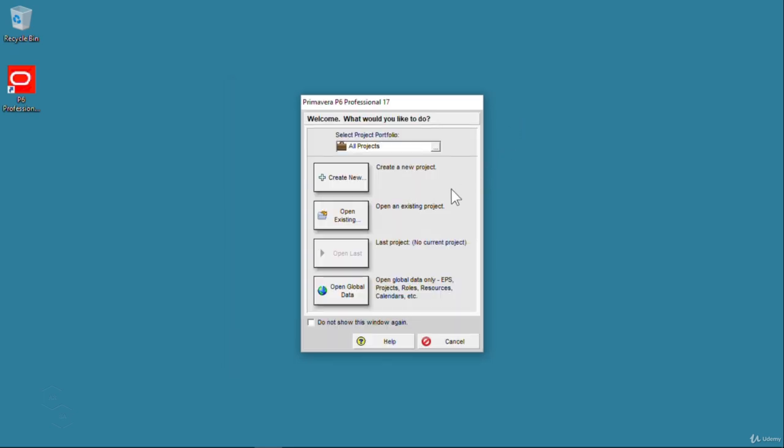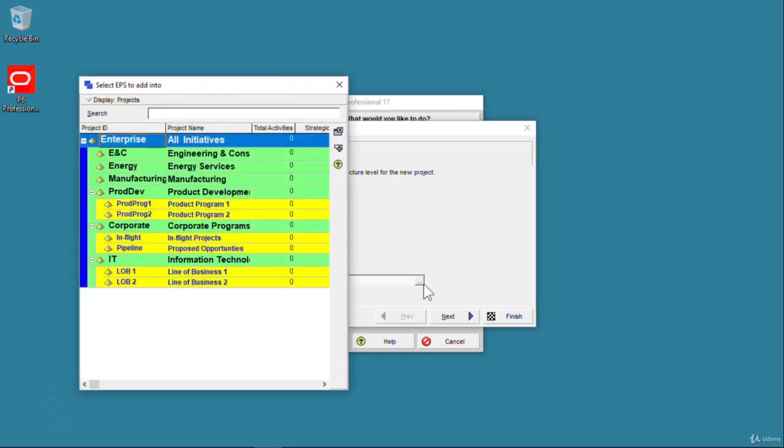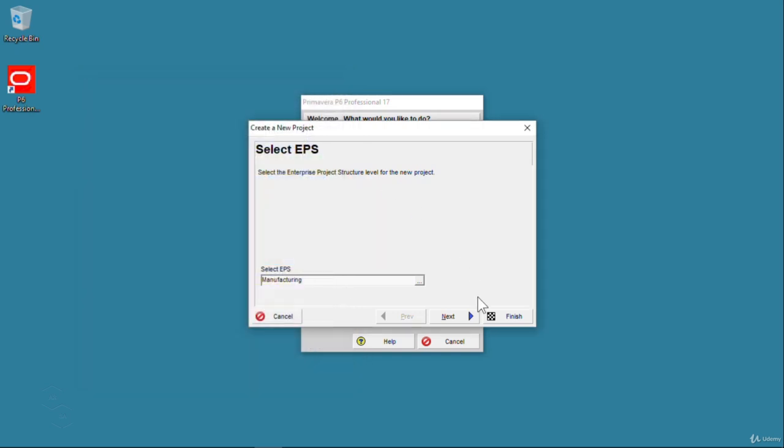Now, if you see here, the next one is the Create New button. If I click on this button, it will start the Create a New Project wizard for adding a new project into the Primavera P6 project database. The new project is added to the current portfolio only. I mean, under Select Project Portfolio, if we select the project portfolio as Manufacturing Projects, and then click on the Create New button, the new project will be added under the Manufacturing Projects portfolio